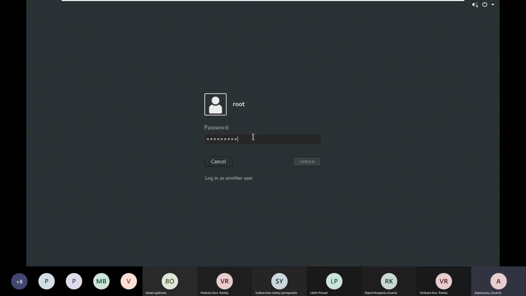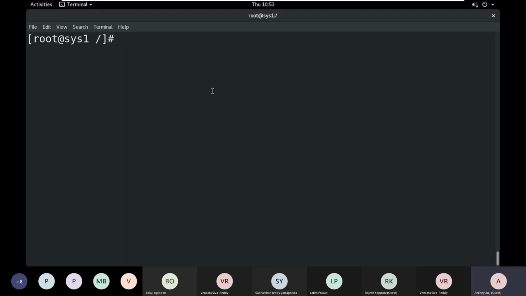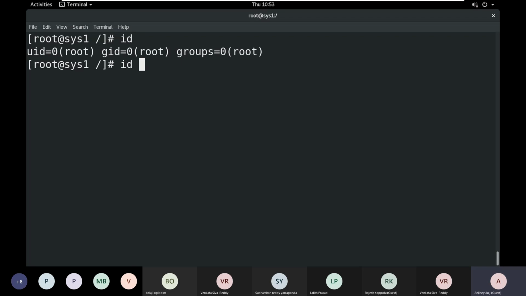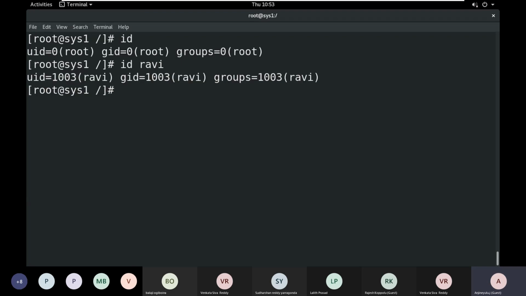How to find out that one? Very simple. We can give the id command, and we can find out the user ID. For example, I want to find out Ravi's user ID. What is the Ravi user ID? 1003. So for example, I want to search files and directories of a particular user based on user ID.